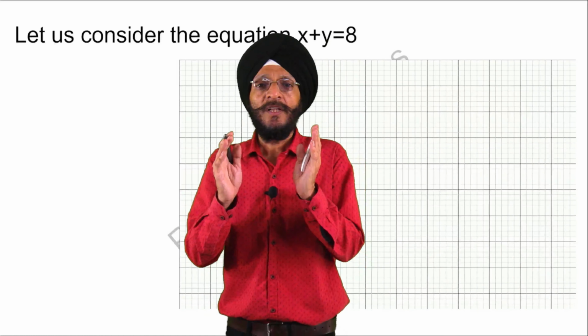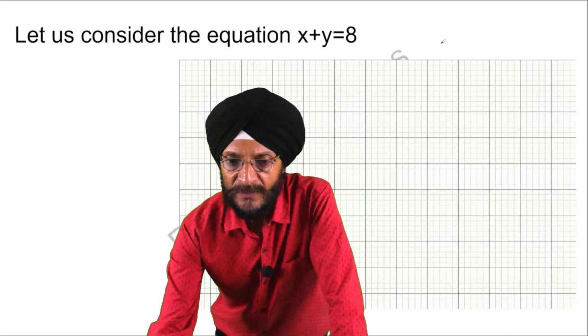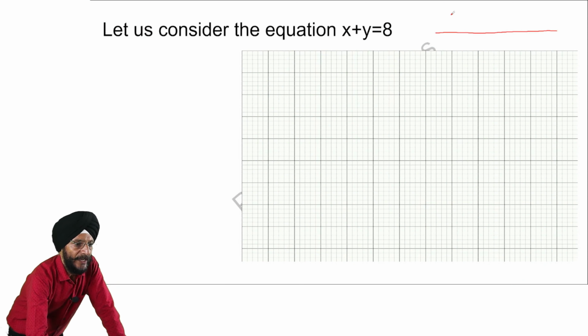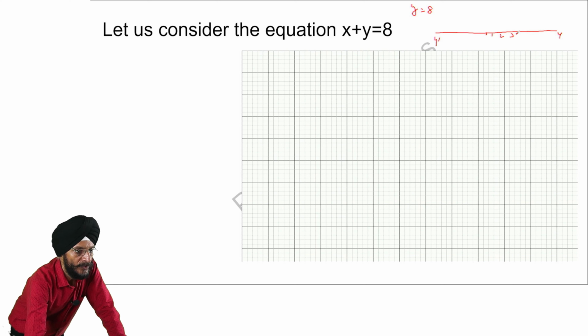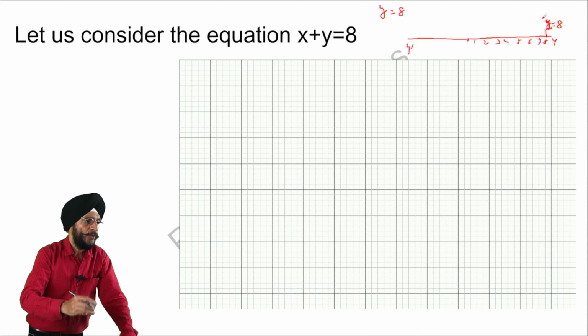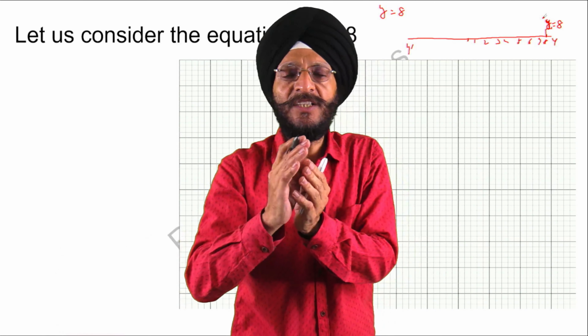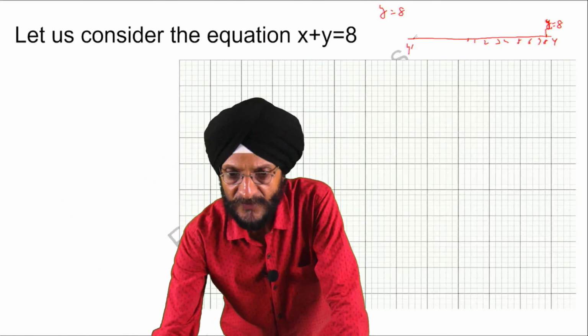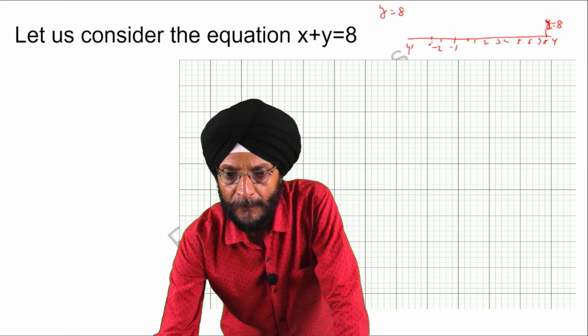Now, if you have a linear equation in one variable, then it can be drawn in the form of a number line. Suppose y is equal to 8, then this is y, then this is 1 2 3 4 5 6 7 8, then this is y is equal to 8. That is, you can make the graphical representation of a linear equation in one variable on the number line itself. Here it will be in negative, but in the case of